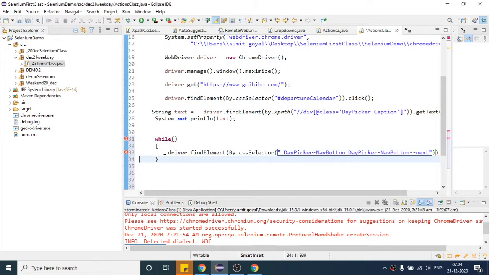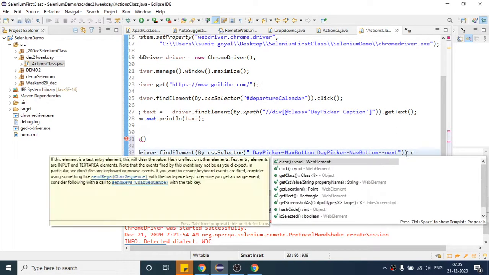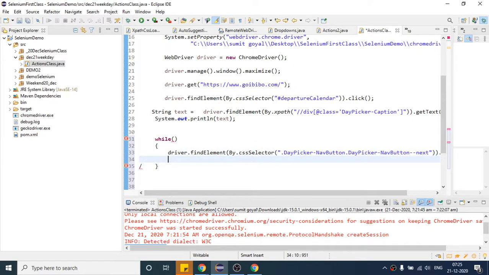Once I have written the CSS, I have to click on that forward button, so I will use the dot click method so that it can click.